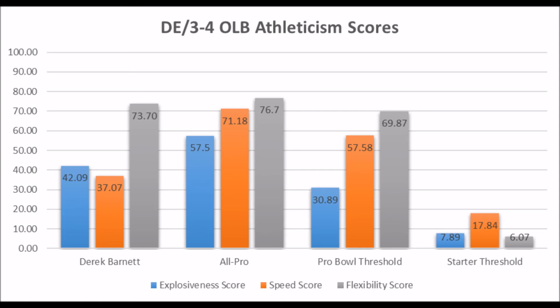But his speed score does not hit the All-Pro or Pro Bowl threshold when it comes to athleticism for his size. He has a 37.07 speed score only. There's never been a multiple All-Pro edge rusher since the 1989 NFL draft class who didn't have a 71.18 speed score. And by that same token, there's never been a multiple All-Pro or Pro Bowl player who only had a 57.58 speed score. So Derek Barnett is essentially a very